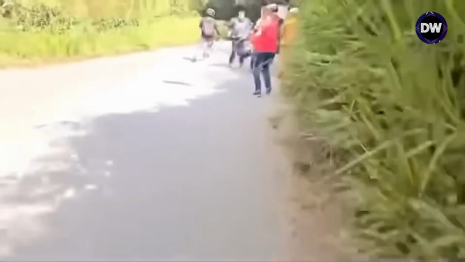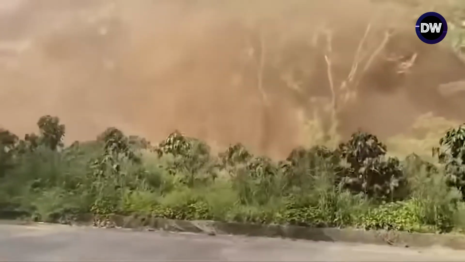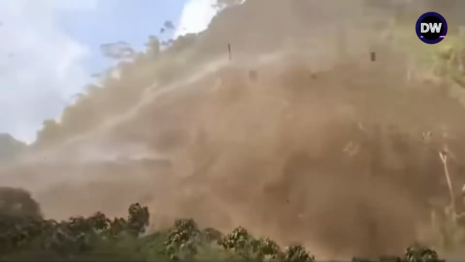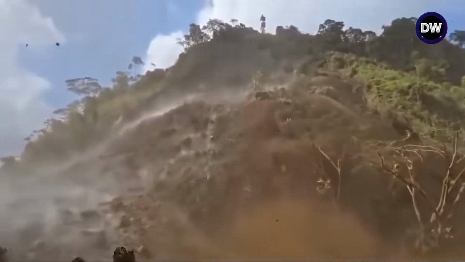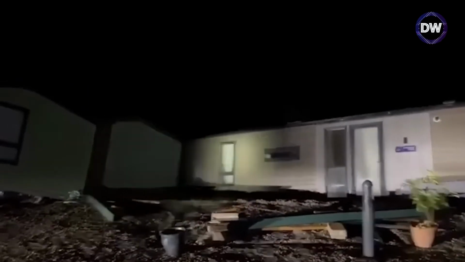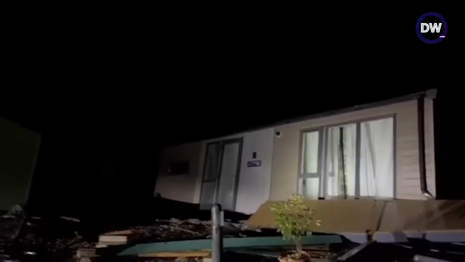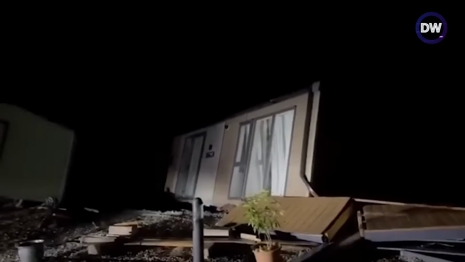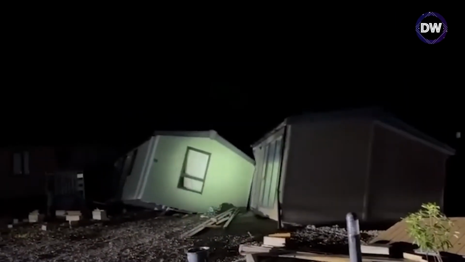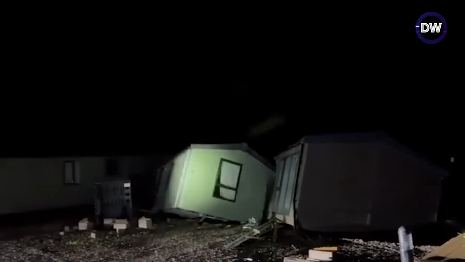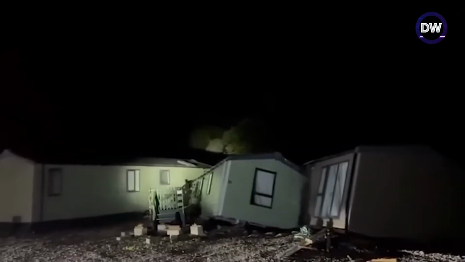Humans are curious by nature. They often like to stand by the side of the road and watch what is happening, and this brings with it a great risk. Although landslides and rock falls in mountainous areas are part of natural processes, human interventions and climate change can increase the frequency and severity of these events. Therefore, it is vital to raise awareness of those living in risky areas and take the necessary precautions.